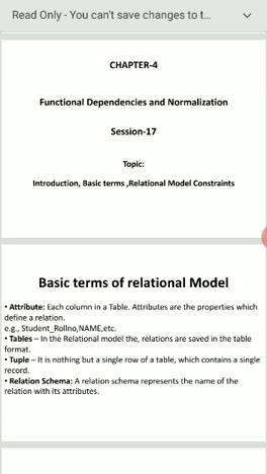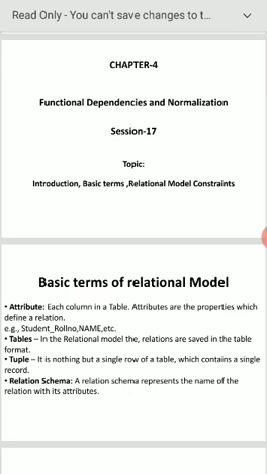Suppose register number is 1 I have taken. Name is A and class is BCA. Remarks nothing. Here 1 is one attribute, A is another attribute, BCA is another attribute, and so on. Second one, tables. Tables have a set of rows and a set of columns. Each row is called what here? Tuple. Each column is called what here? Domain, also called attribute.